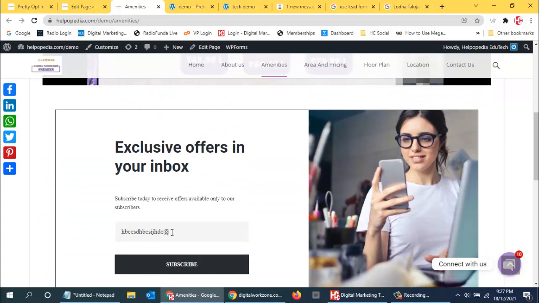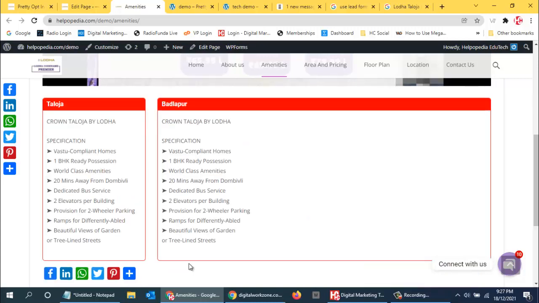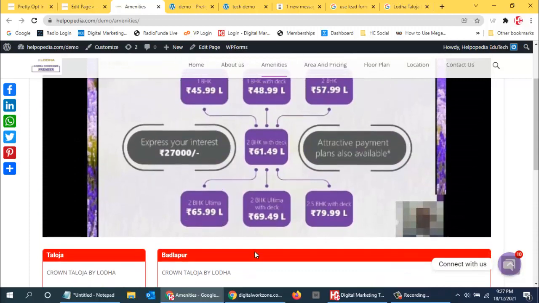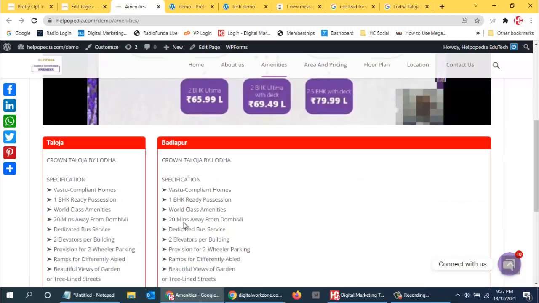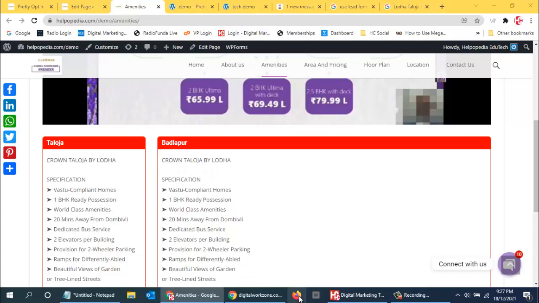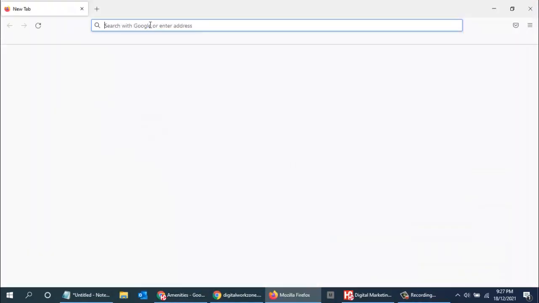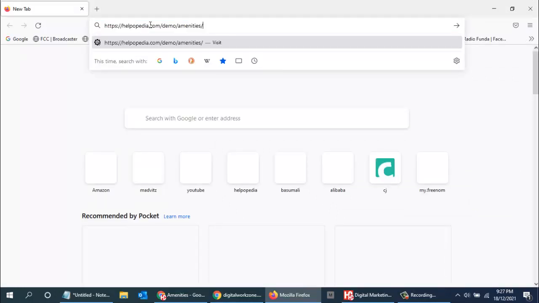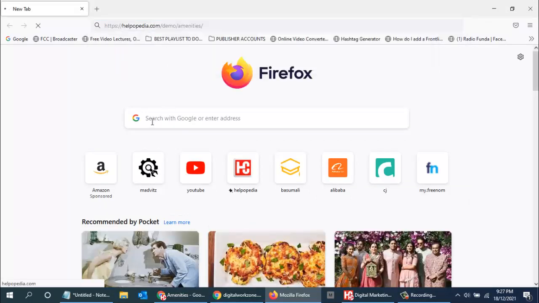Okay, so then it is going, but actually this, so maybe we are logged in because of that it is showing. So just let me try over here on another browser. It is showing the content.